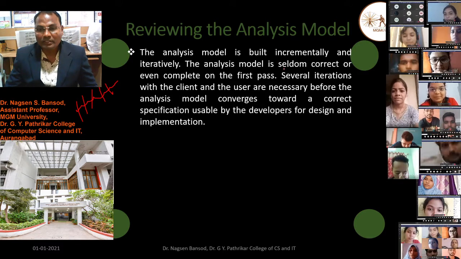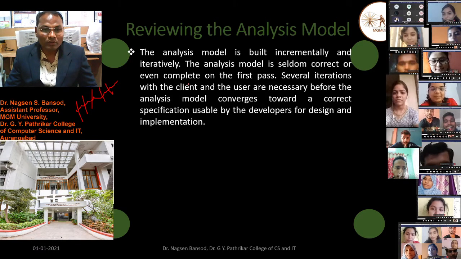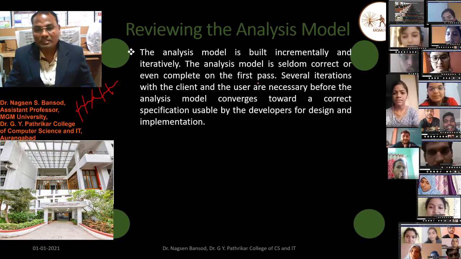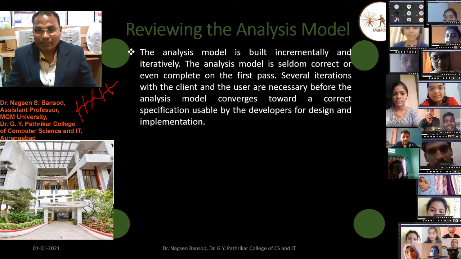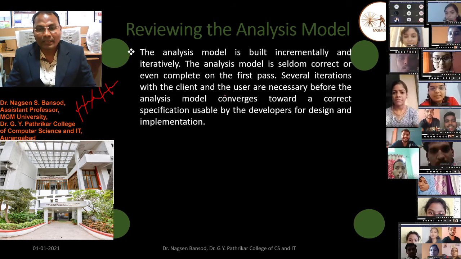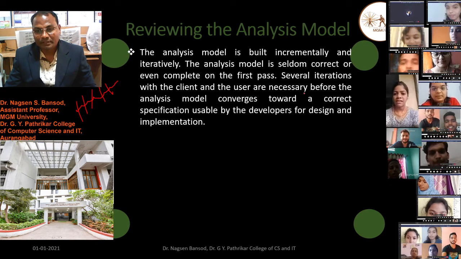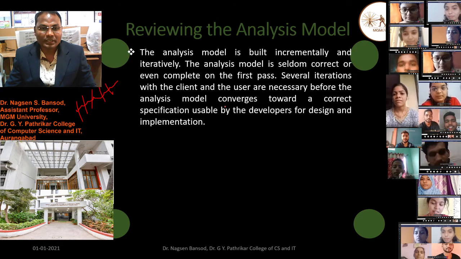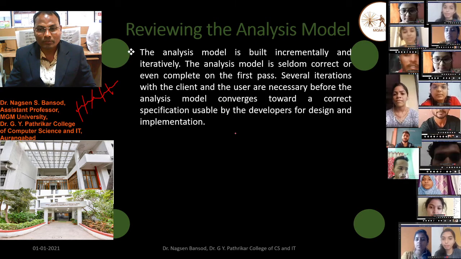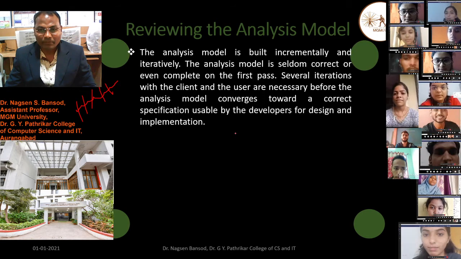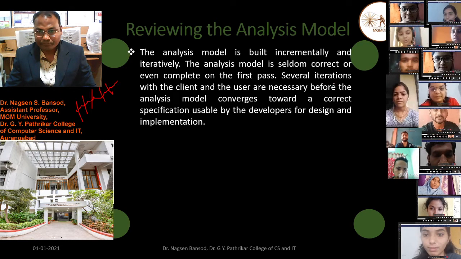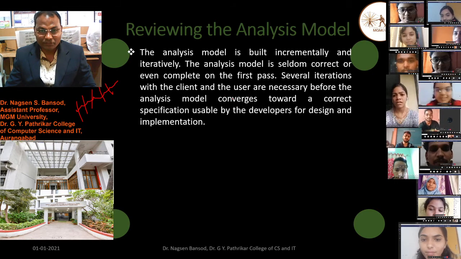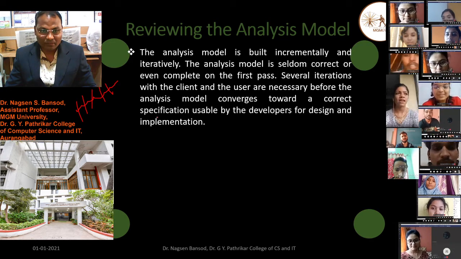The analysis model is seldom correct or even complete on the first pass. Several iterations with the client and user are necessary before the analysis model converges towards a correct specification usable by the developers for design and implementation.